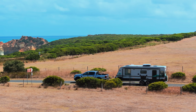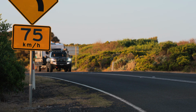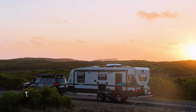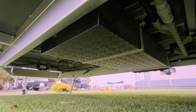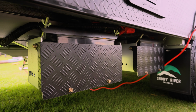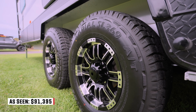Yeah, exactly. Alison, value for money. There are not many vans with a semi-off-road designation for under 100 grand anymore. Tell us the price and what you reckon. The base price of the 24 footer is $77,490. We looked at a spec'd up model, so it had quite a few additions. The 3,000 watt inverter, the 95 litre tank, a DO35 hitch, an extra 100 amp lithium battery. So the van we looked at brought the price up to 91, but even at the base at 77,490, it's